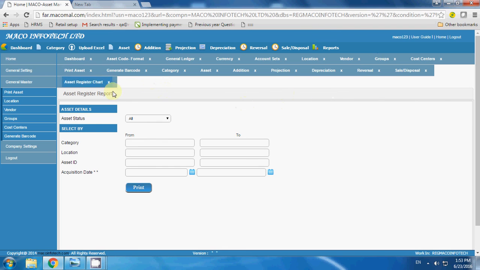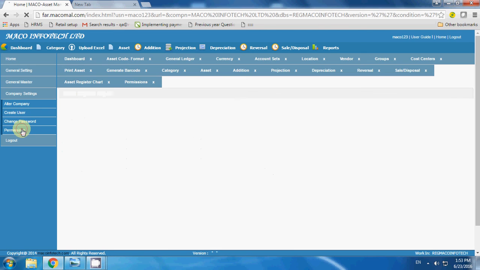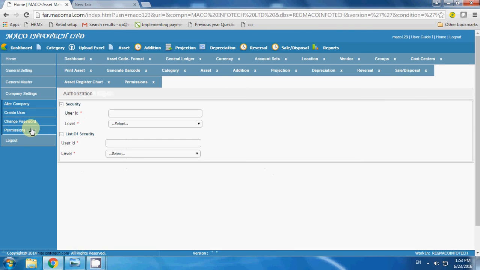Now I'll show you one more option in my company settings. Because this is a user wise application, you can create users and define their roles in this application. If you want, like I'll show you one. Here is the option for permissions. Because I have already created the users, you just select the user ID and the level it is, like a master or transactions. If you want to give permissions or roles to your users, you can select from here.